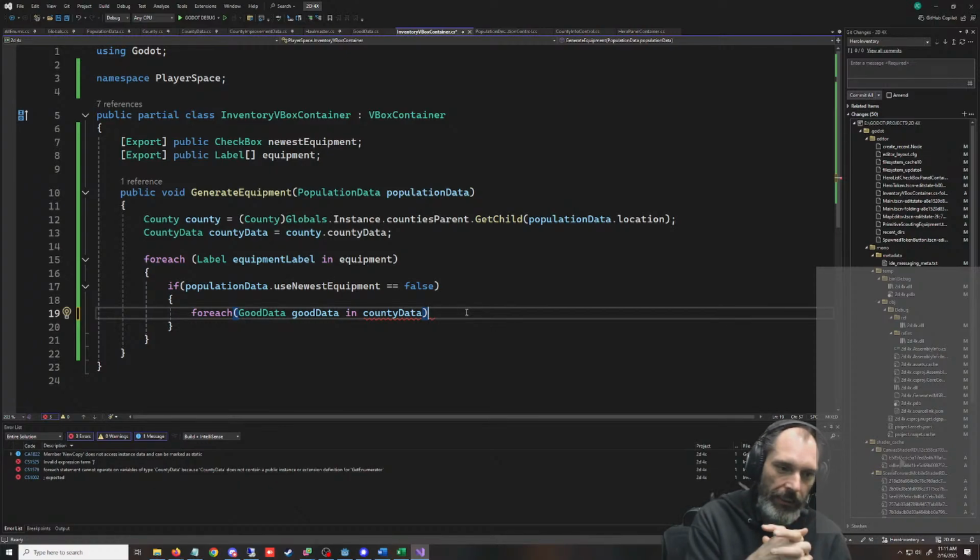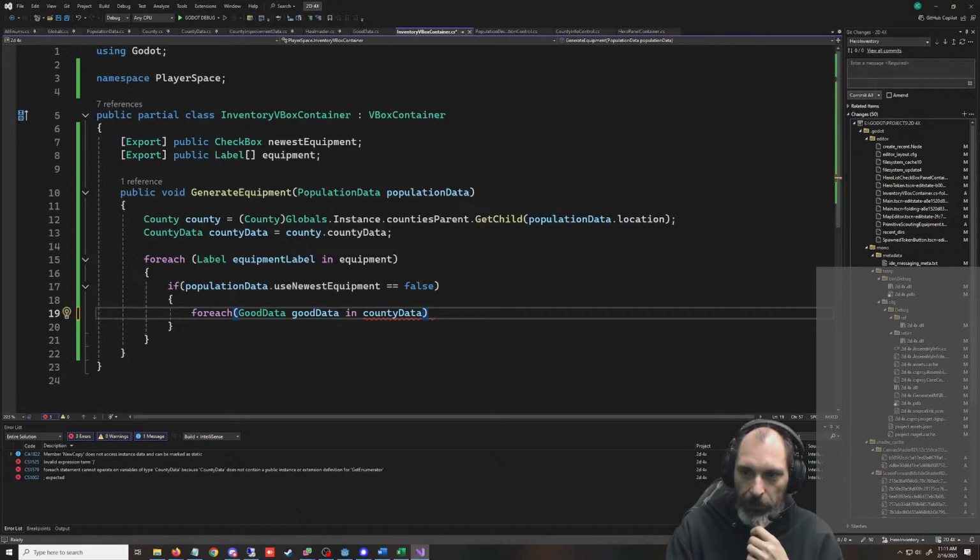So for each one of these, good data in county data. Did I? Was that yesterday? Oh my God. I feel like I want to smoke though. I can't remember. There's no time stamp on text message or on messages. That would be useful. Sometimes, I guess. All right.